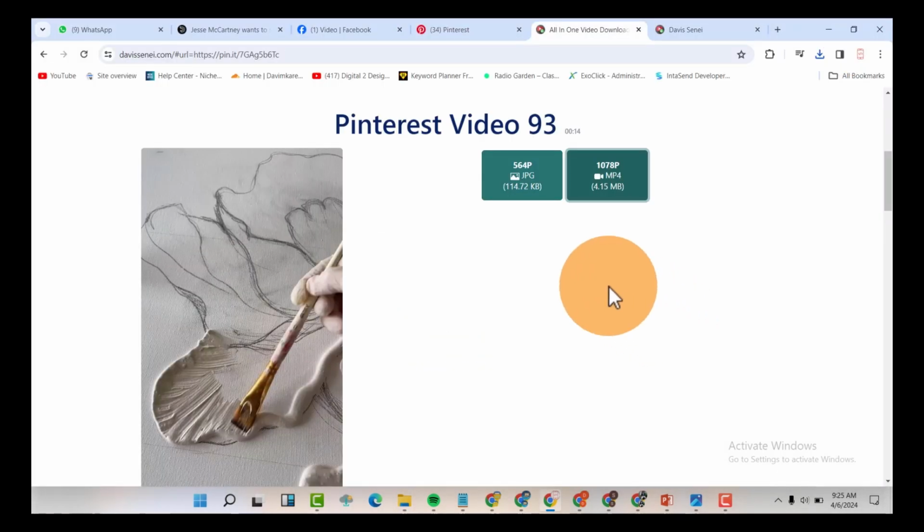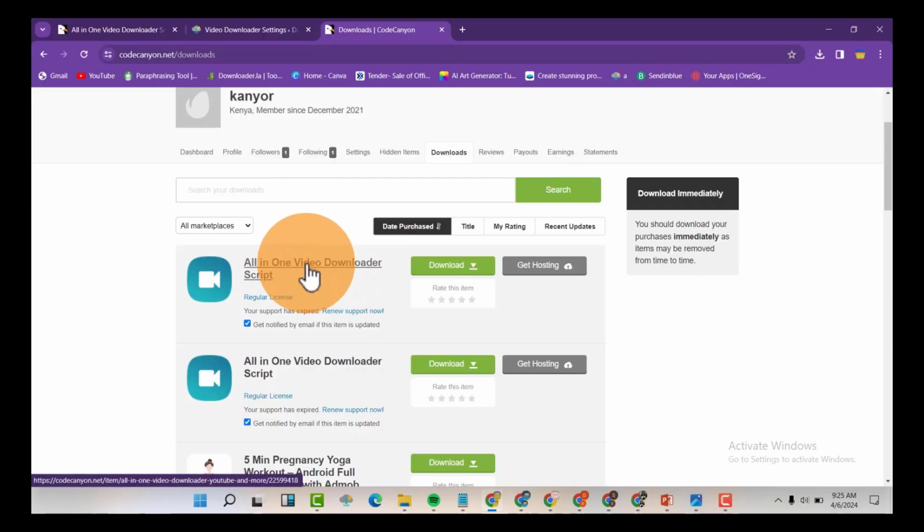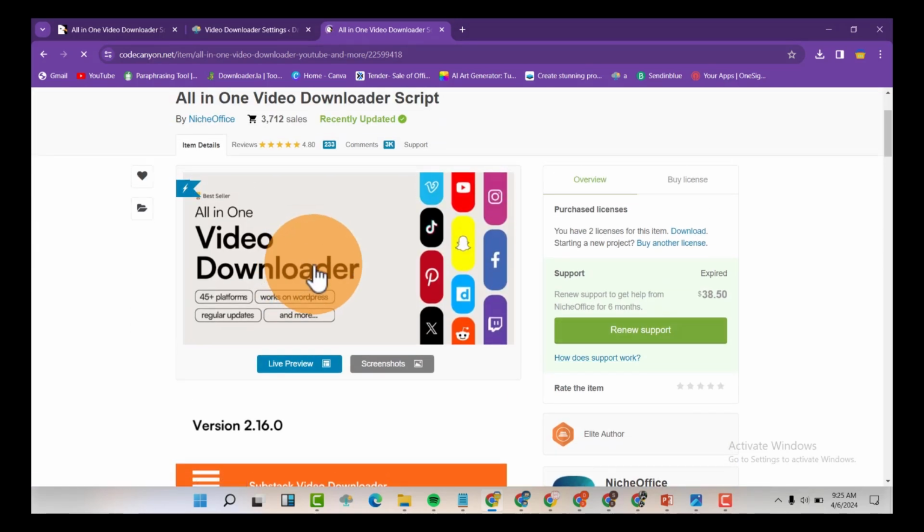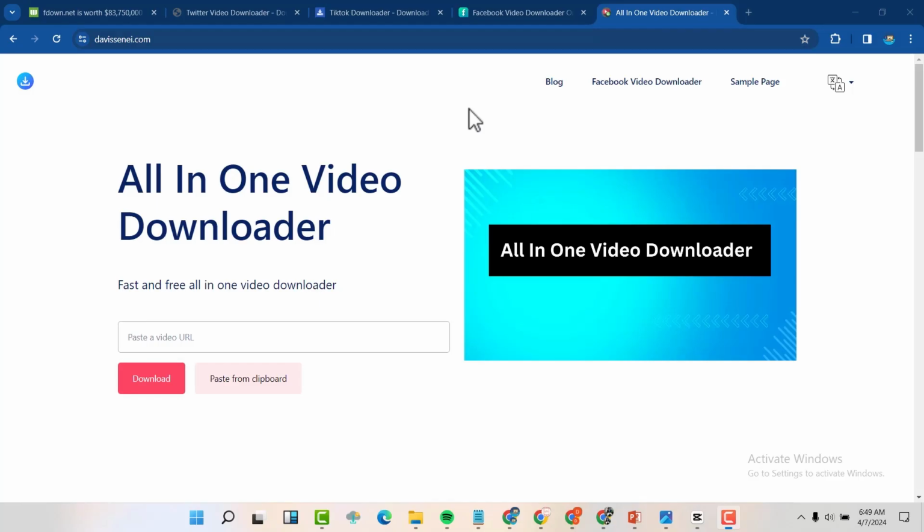Now, if you need some help when you buy this plugin, just go to the plugin that you bought. And you can see that mine is now on renew support, but for you it will have active support for around 6 months. So you can always contact the developers in case you have a problem. They can always fix it for you. So you'll come here, create a new ticket, maybe tell them you have an issue here and there, and then they are going to give you support.